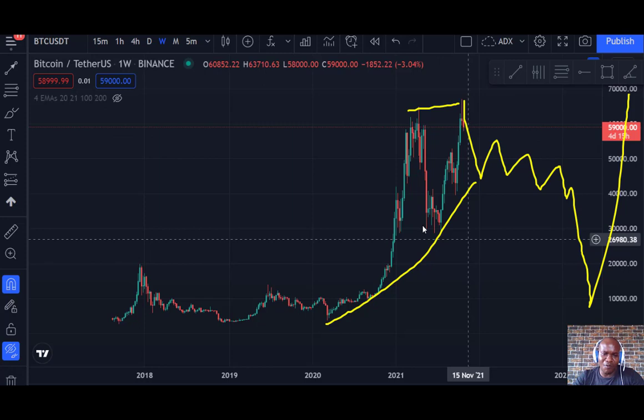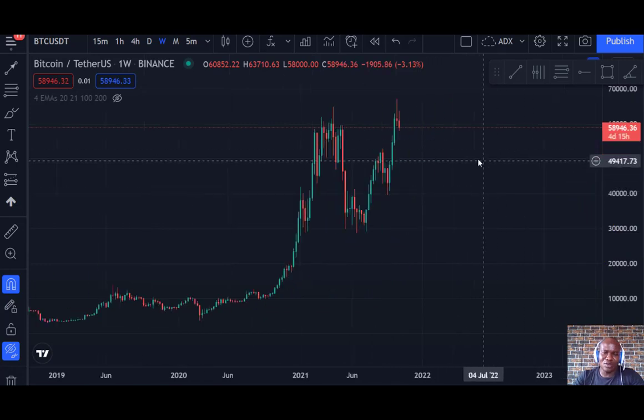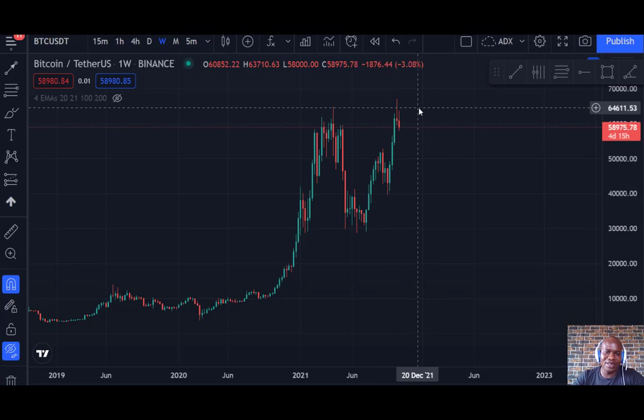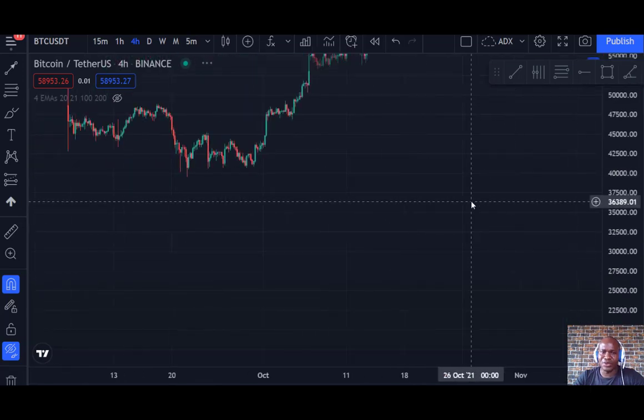We've seen that happen over and over again, whereby Bitcoin goes sideways for a year or 2 years, breaking this lower, then coming up and dropping before going up. So just have in the back of your mind that breaking the all-time high doesn't really mean much. So for now, we are focusing on taking a short position. I took a short position already.